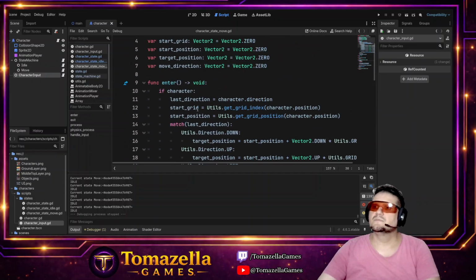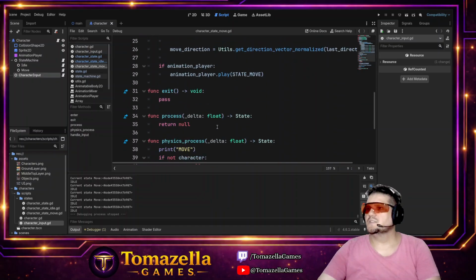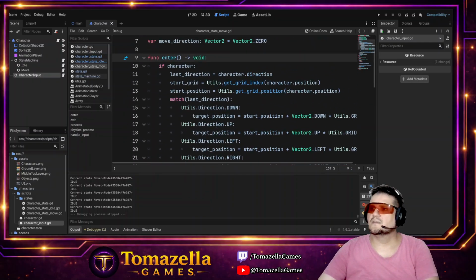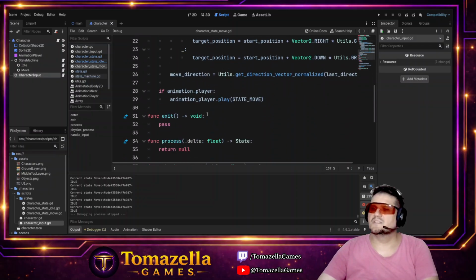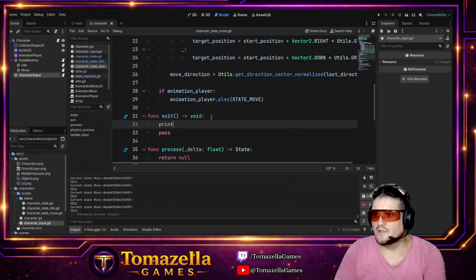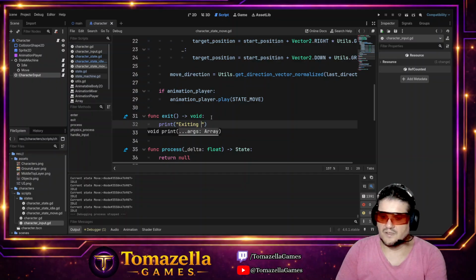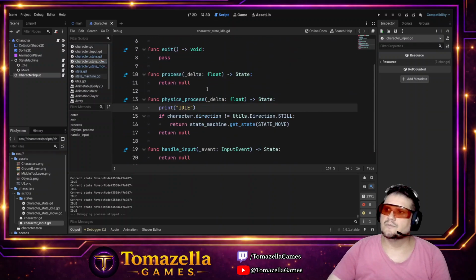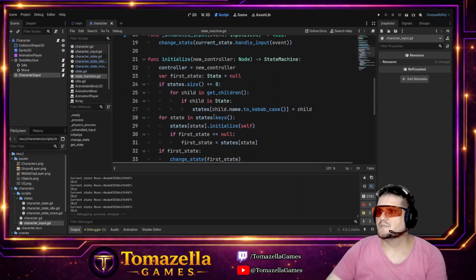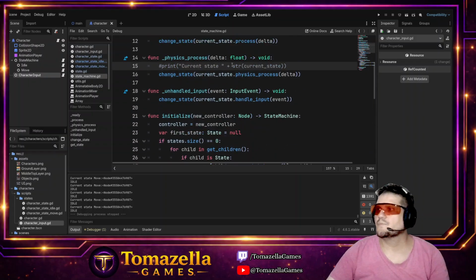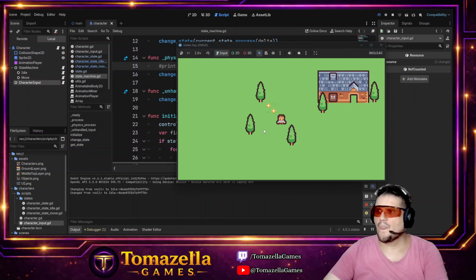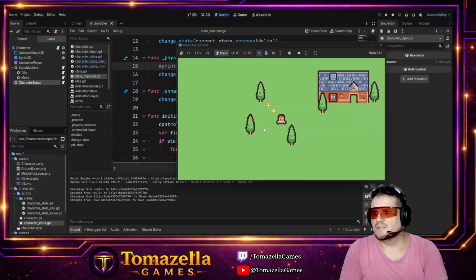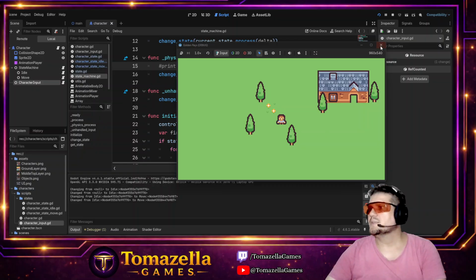I got here. I entered the state. But somehow, let me see if I'm exiting. Printing, exiting, move. And let me remove that idle and my state here. So I entered the move and I didn't exit the move. Let's see if I'm exiting the